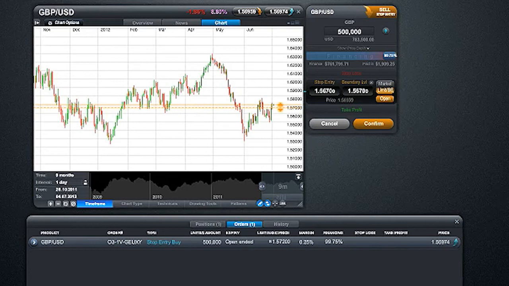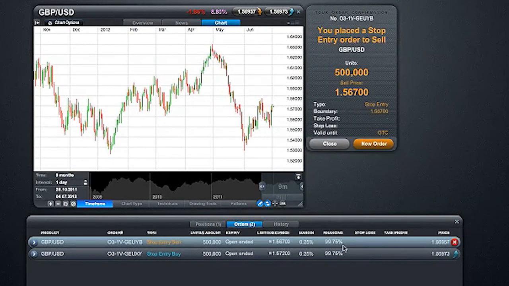And so we put in our sell entry order below market in anticipation of that sell reaction. We add a stop loss and possibly a take profit, hit confirm again, and there we can see in the orders window a stop entry sell order for £500,000 at 156.70.